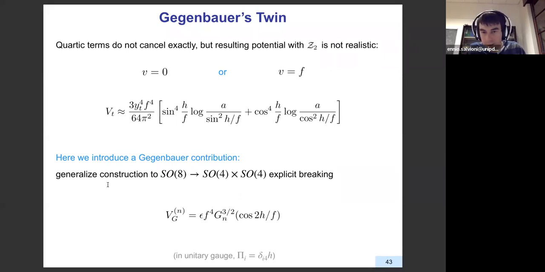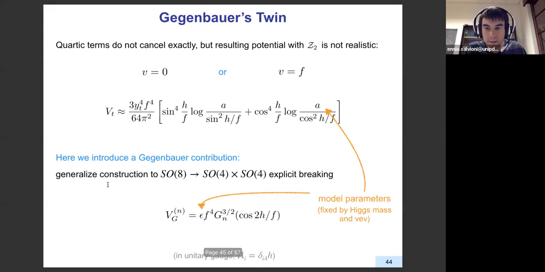So the total potential is the sum of these two pieces, and now we can repeat the analysis that I did before, but with the smaller potential. So these are the two parameters: this A that enters in this log, and this epsilon, which is the overall size of the potential. This was gamma before. Now we'll call it epsilon.